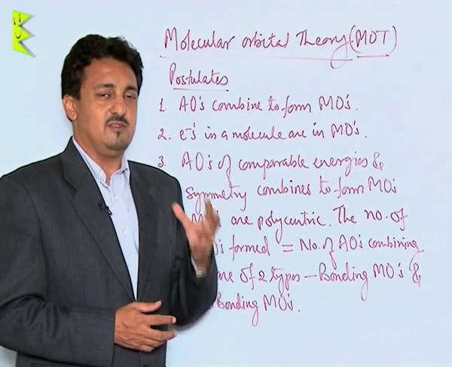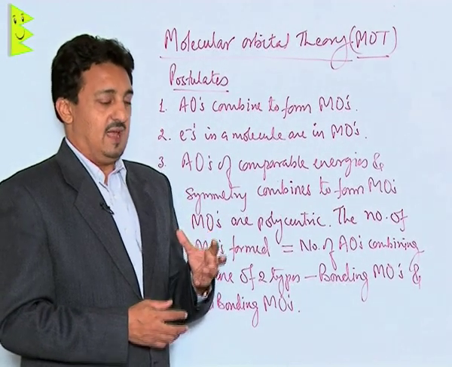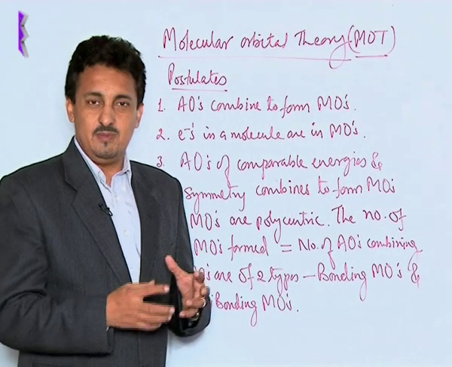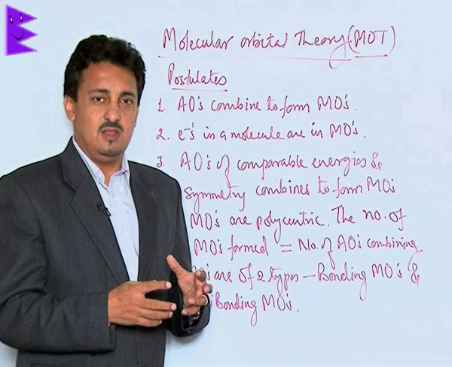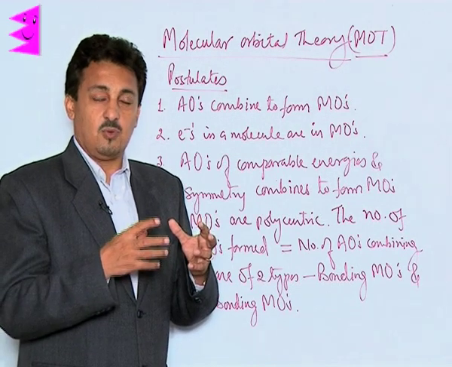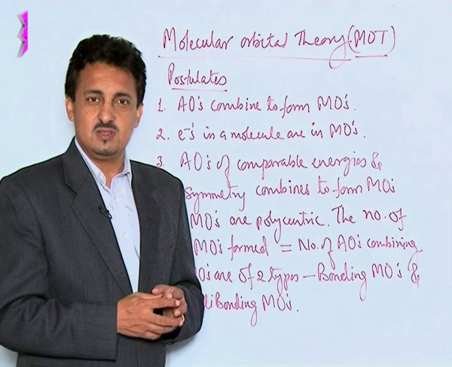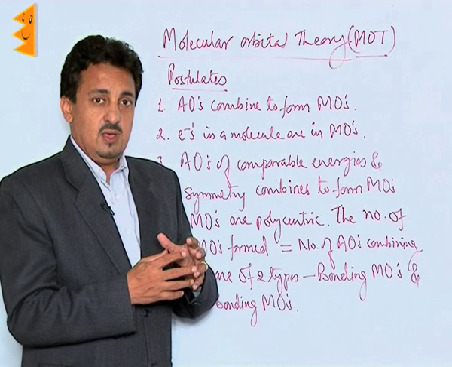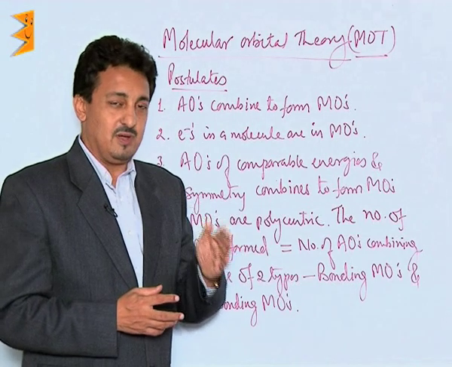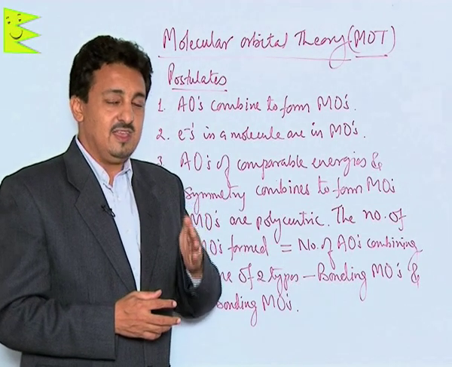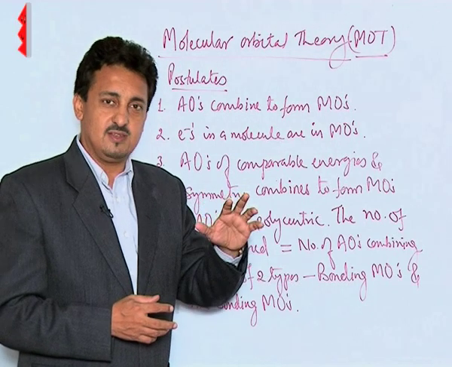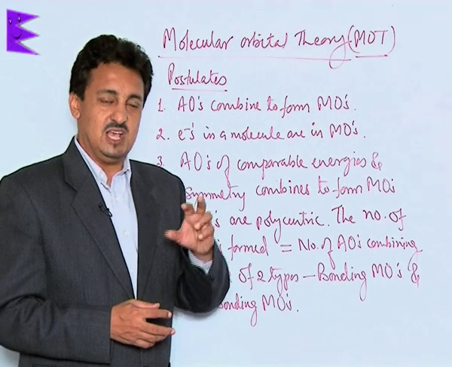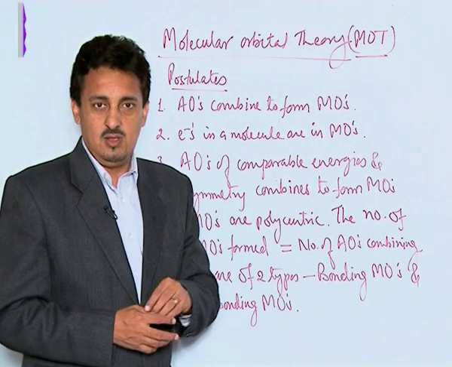The biggest advantage of using this theory is that this is the only theory which is based on the modern concept of atomic structure. It is based on the quantum mechanical model of the atomic structure, and it is very different from the earlier ones, because it is not considering an atom to be a Bohr type of atom. In this, the atom has already been accepted as the atom given by the quantum mechanical model, quantum mechanics.